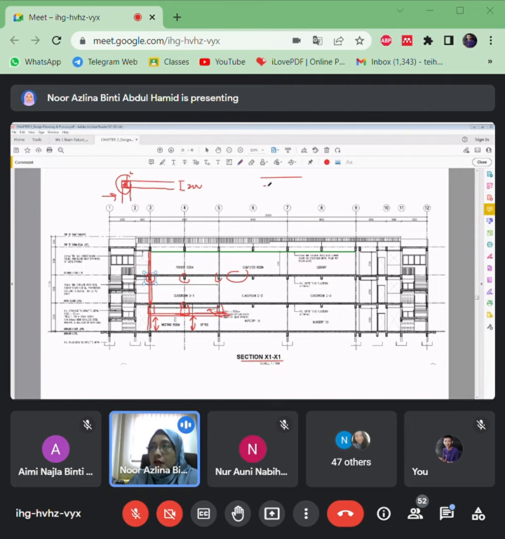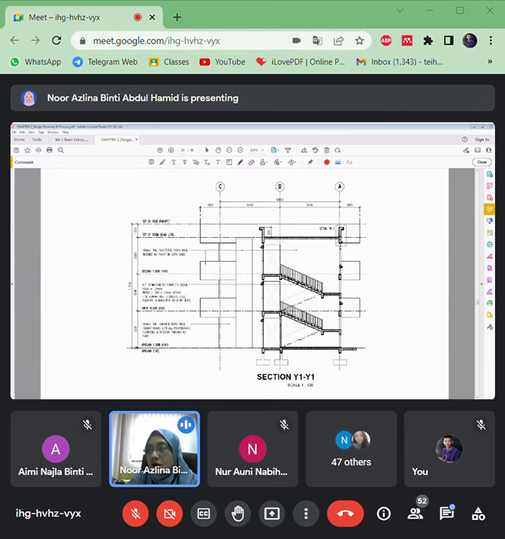Kalau you nampak columns tu, that means this is a brick wall, so might be apa ni, the column will be bigger here. Okay, compared to the brick. So nampaklah apa ni, the existence of the columns there. Okay, that is the difference. Is it flush, the column flush with the wall or not?